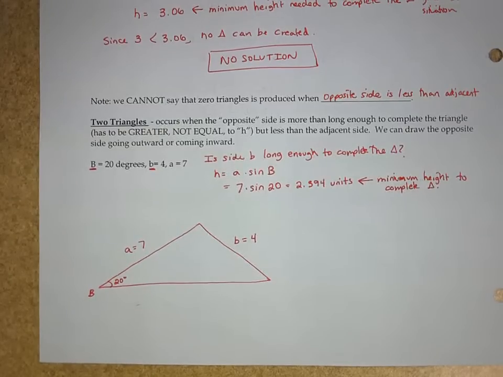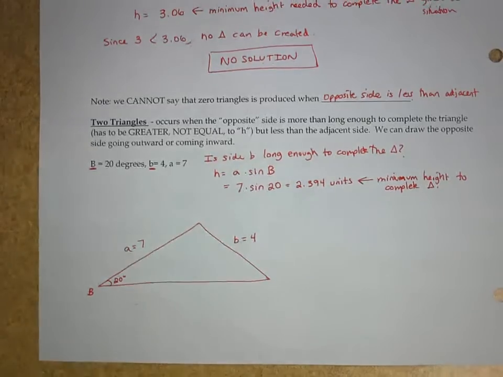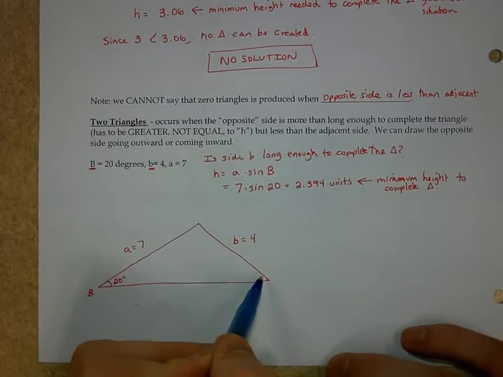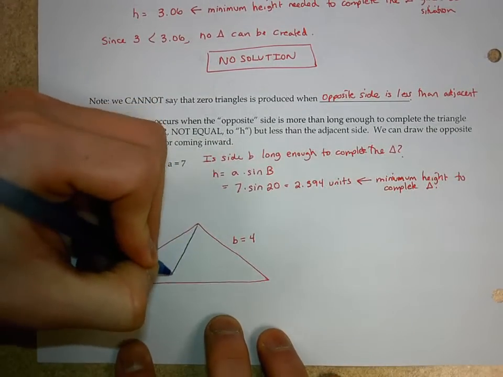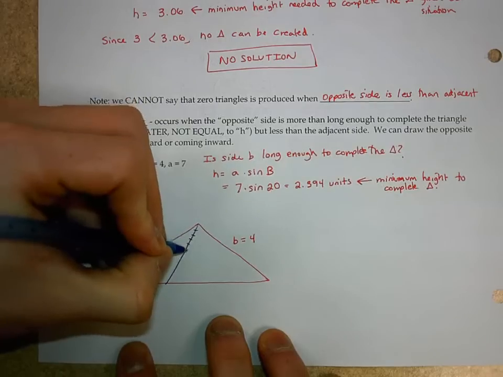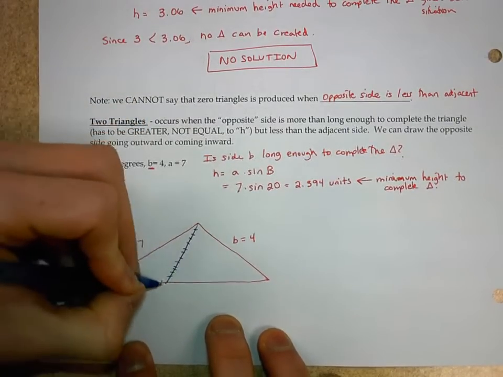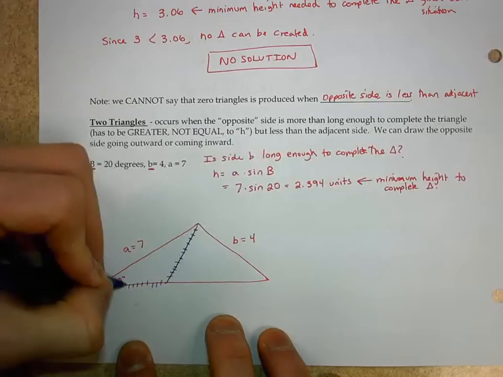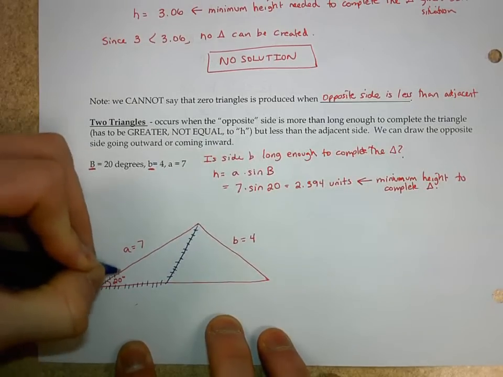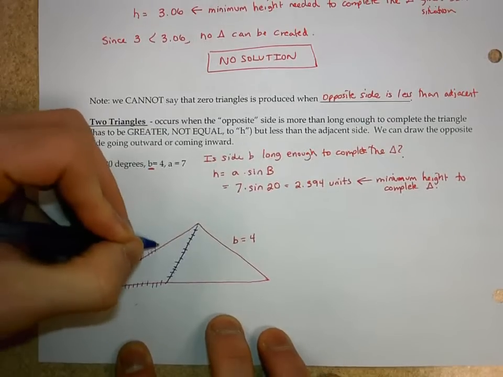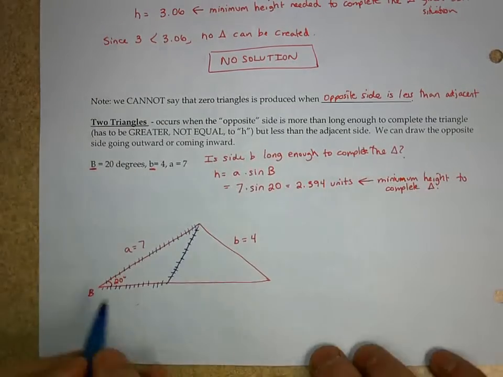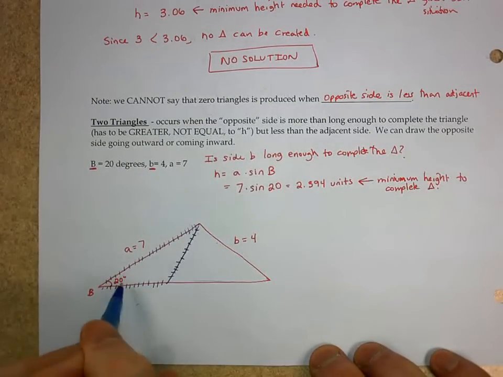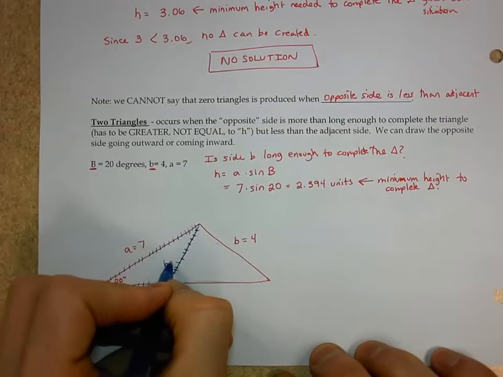The second triangle that I come up with is if I were to have drawn side B coming inward. So right now I went with side B going outward. What would have stopped me from drawing side B coming in like this and then saying that this piece around here was my triangle? So either the triangle is going to be the big triangle here, or it's going to be this blue triangle here